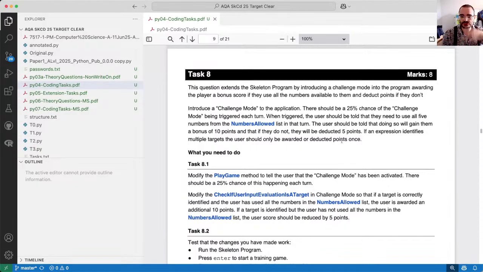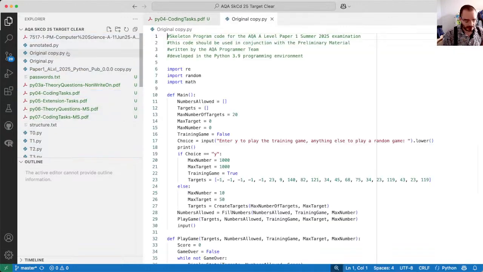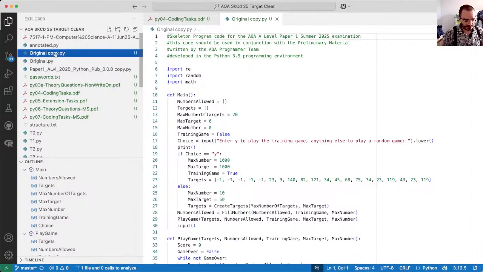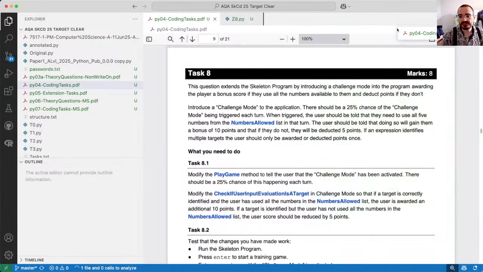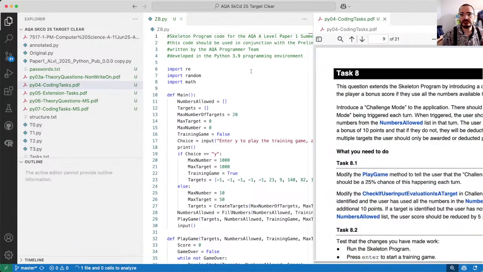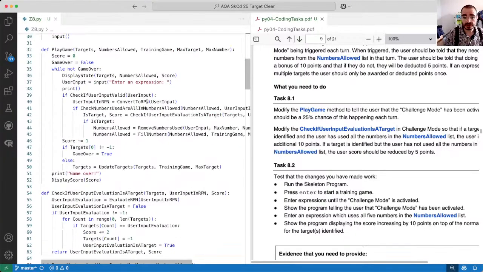That only happens once. We've already dealt with that kind of stuff in the score, where you just put one at the bottom. And yeah, we need to modify play game. Well, let's fork the file as Z8 or ZZ8, whatever. Okay, side by side, and then what we need to do is modify play game so that we can warn the user, because this